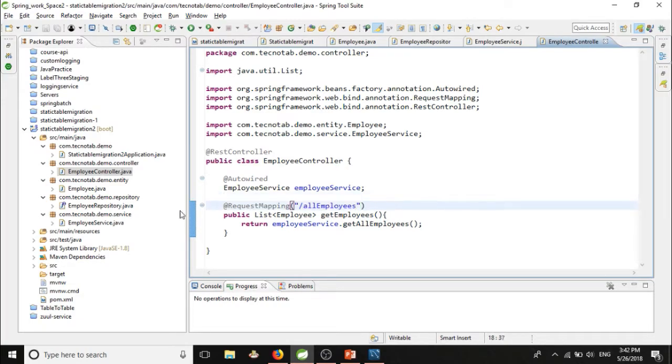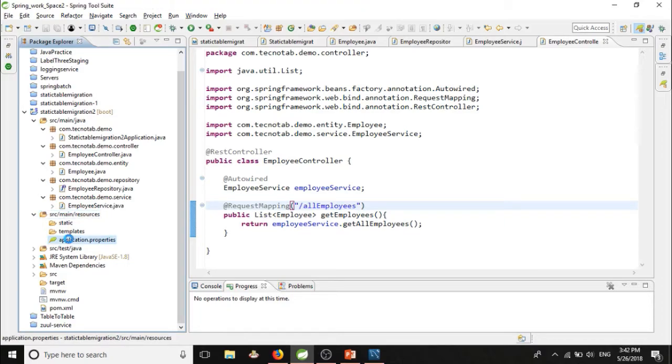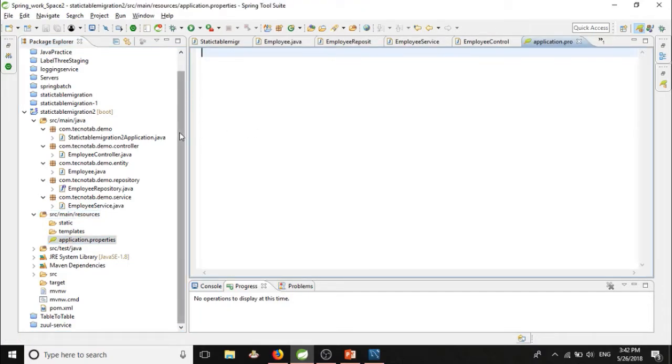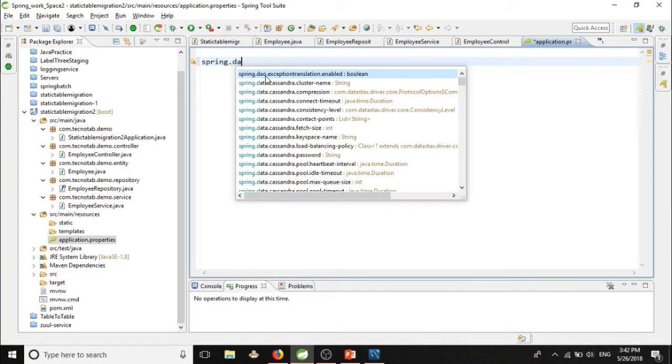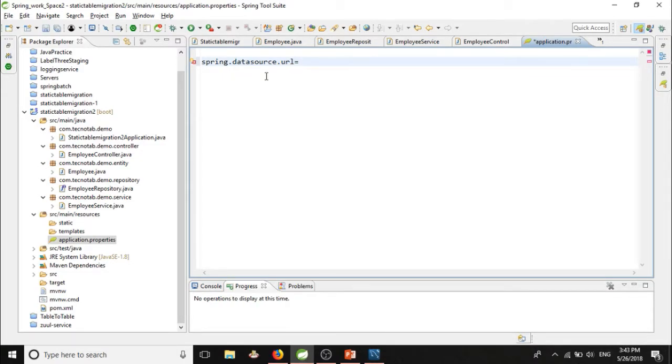But before that, let's configure our MySQL with our application. For configuring MySQL with our application, we must provide the configurations in application.properties. So in application.properties, we need to provide some configuration, like spring.datasource.url.